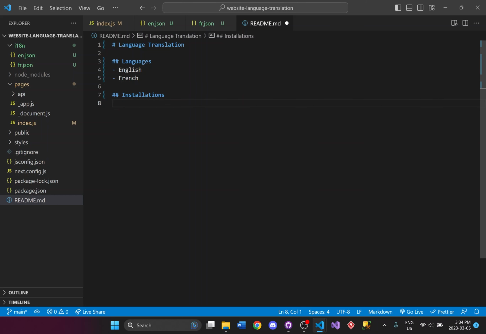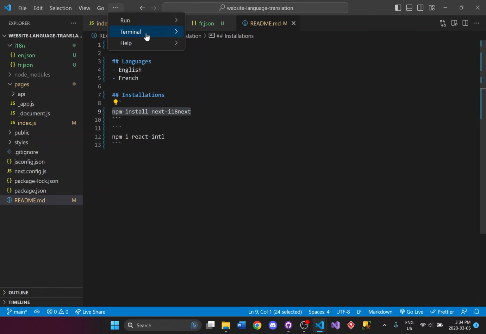So some of the installations that we will need to do are right over here. We need to install i18next, and also the React Intl. So it's going to help with translating the language on the page. And in order to get started on this, let's open up our terminal and run these commands right here.